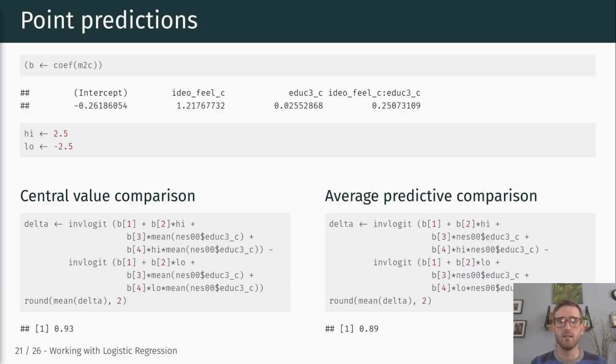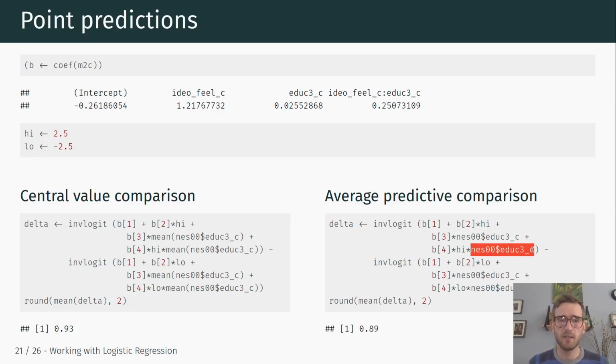But again, education in this case, of course, is not really bimodal. We could just use the average, but in general, what we want to do is look at the average predictive comparison. So rather than setting our secondary variable equal to its average or its mean, what we do for the average predictive comparison is we basically specify the same linear predictor, but rather than just plugging in the average of our education measure, we're plugging in all sample values that we have in education in our data right here, as well as with the interaction term right there.